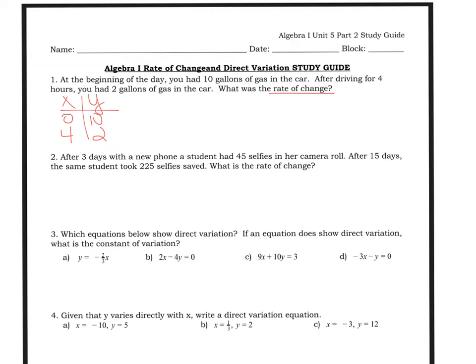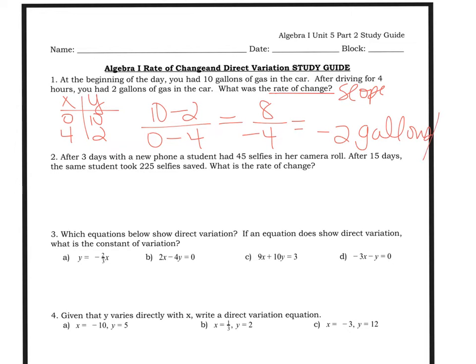So to find the rate of change, which just means slope, I am going to do y1 minus y2 over x1 minus x2. So 10 minus 2 is 8. 0 minus 4 is negative 4. So 8 divided by negative 4 is negative 2 gallons